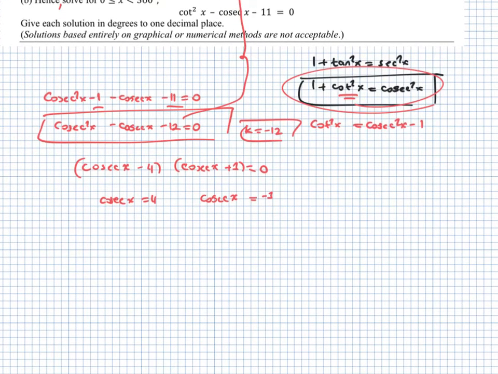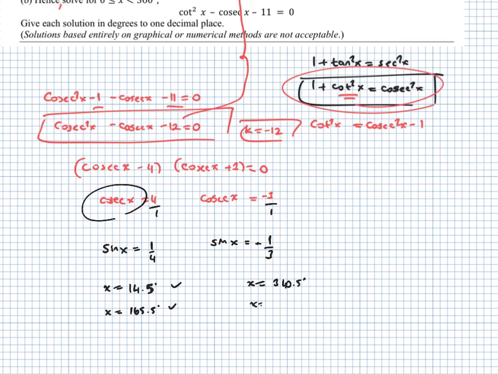As we can't enter cosec x in our calculators, we have to take their reciprocals and write sin x. So sin x = 1/4, sin x = −1/3. Evaluate this with your calculator and you will get the primary value 14.5 degrees, and within the domain I can just subtract from 180. What I'm going to get is 165.5. On the other side, x comes 340.5